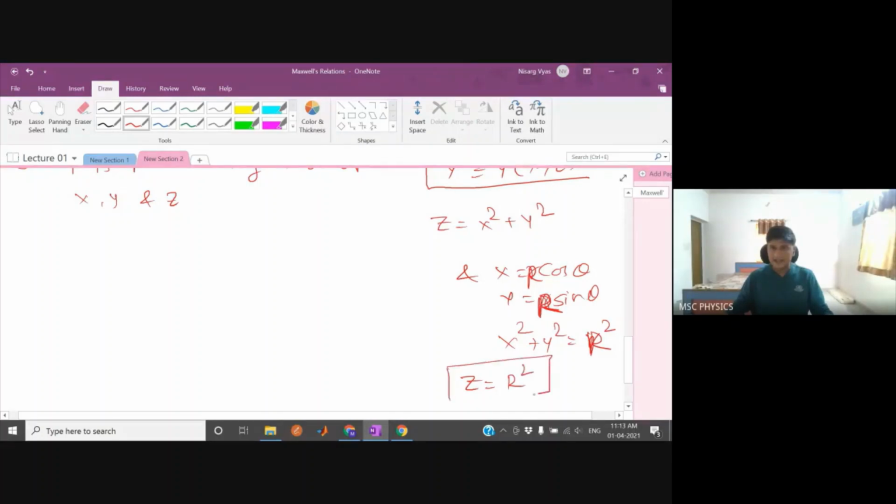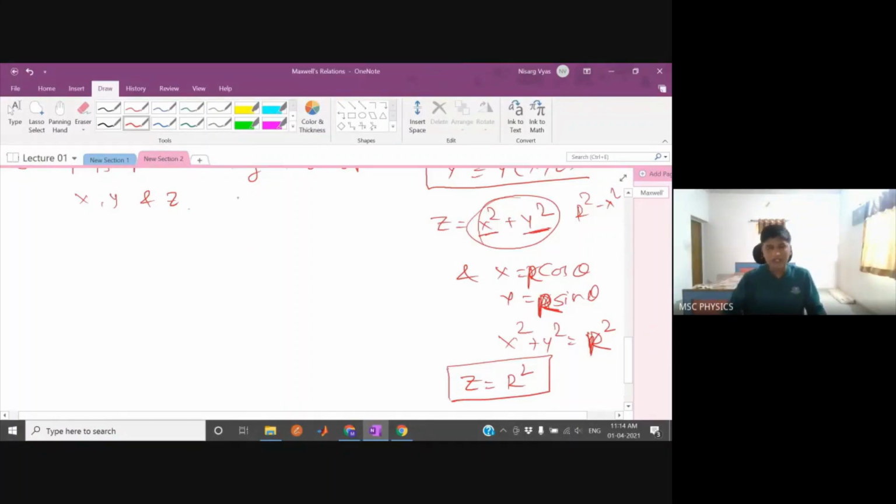You can write z as capital R square, which is independent of x and y both, but ideally what you can do is, instead of y square, you can write R square minus x square. So eventually z became a function of x alone, the y cancelled out, because x and y had some relation between them. Therefore z initially was a function of two variables, but since these two variables have some relation, you can put that value in one of the variables, so eventually it becomes a function of only one variable.